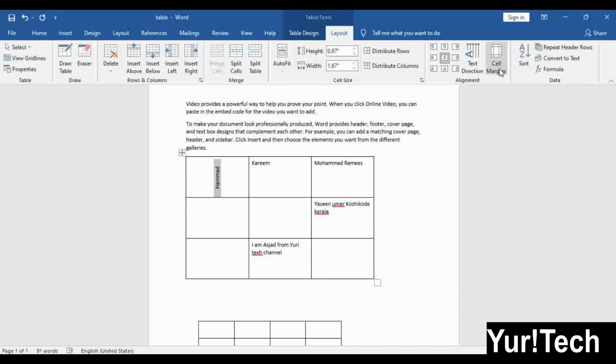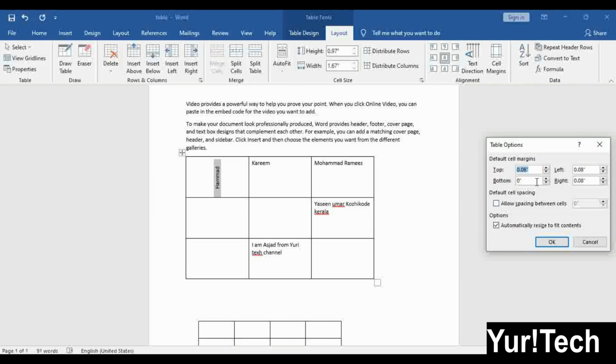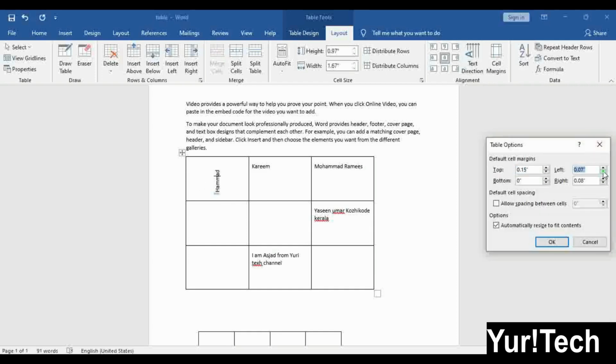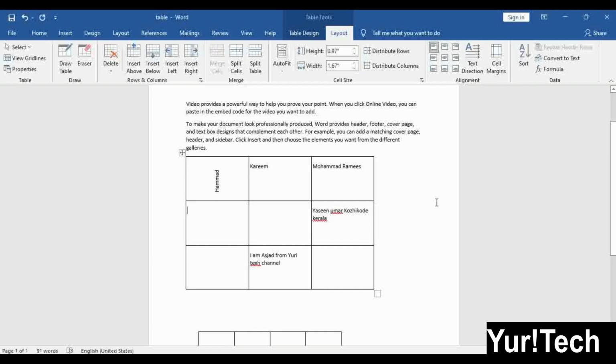If I want it a little up, then top, this is not top, this is left side. Then click here, left is 8, I will make it 3, and it will go up. So we use this cell margin to give our own specific alignment.